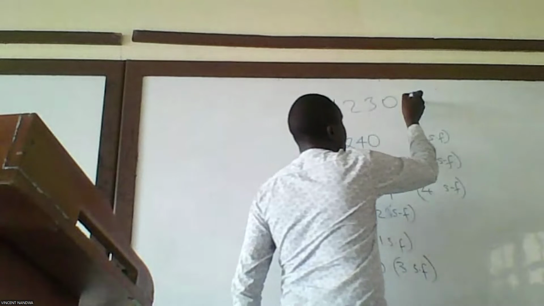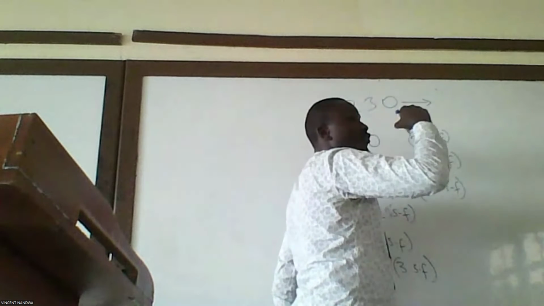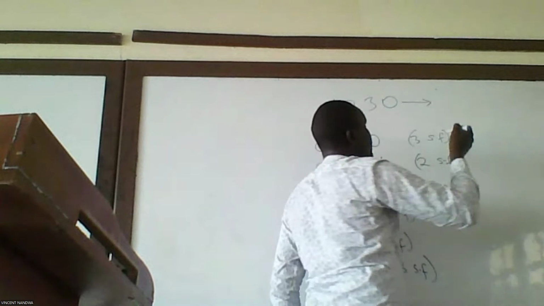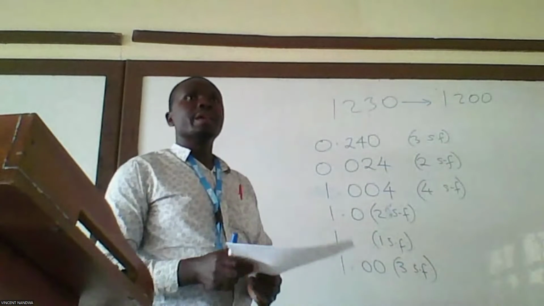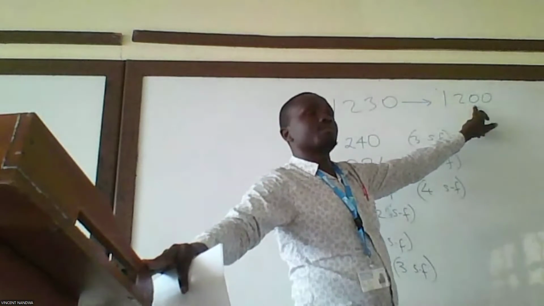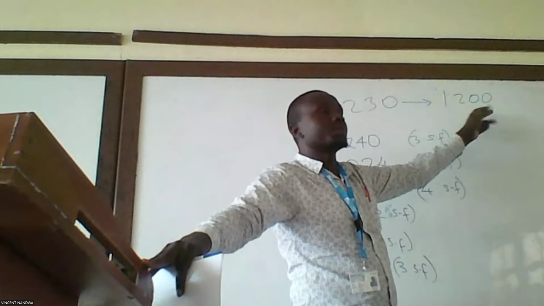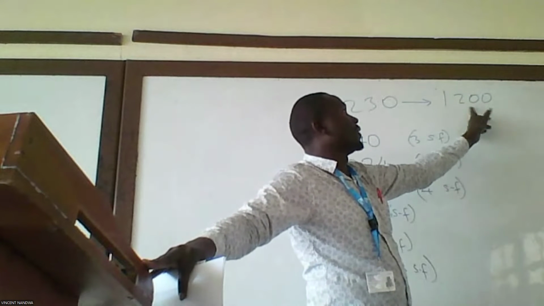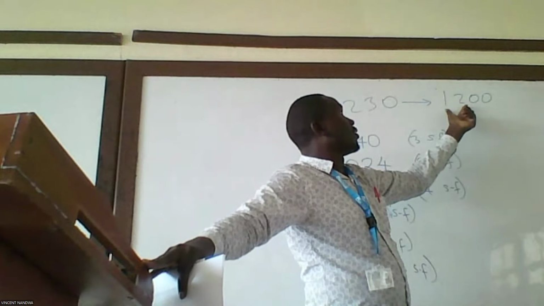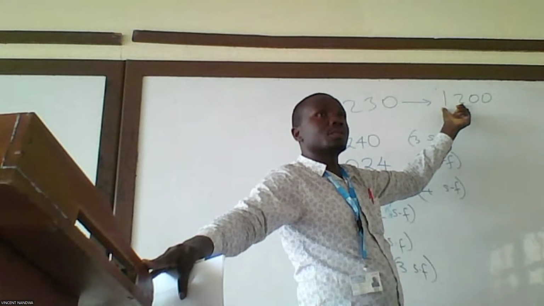Then Grace told us that rounded off to 2 significant figures would be 1, 2, 0, 0, which is correct. So with that instruction, it already disqualifies these 2 zeros from being significant. We only count these. So when we have this number here, these are 2 significant figures. If you want to say to 3 significant figures,